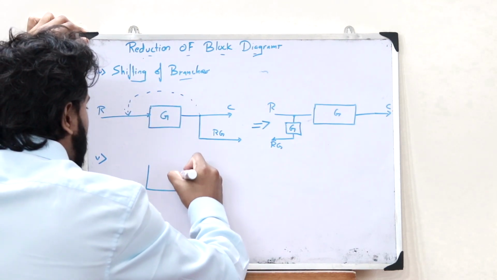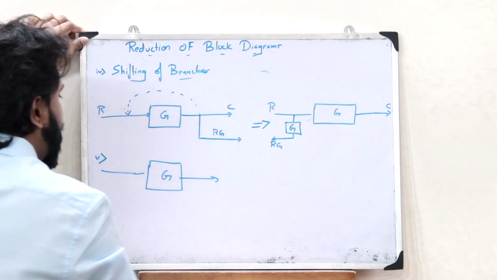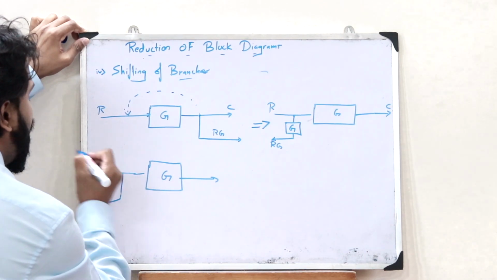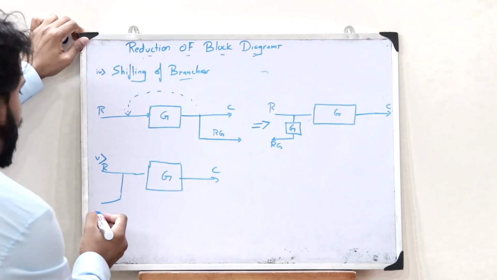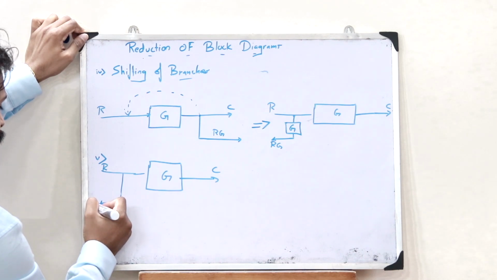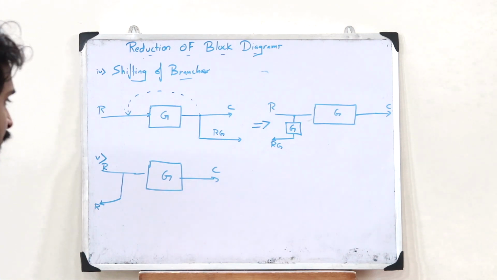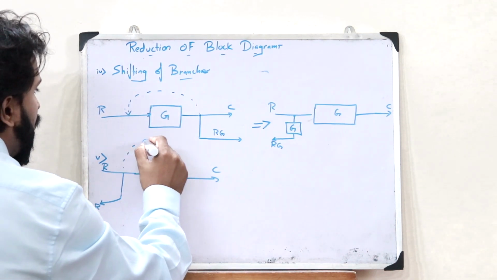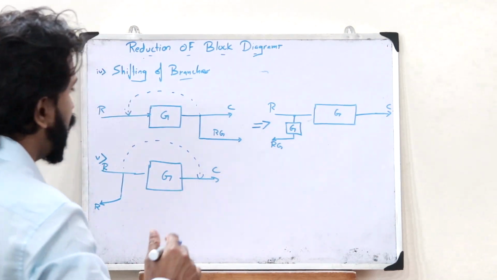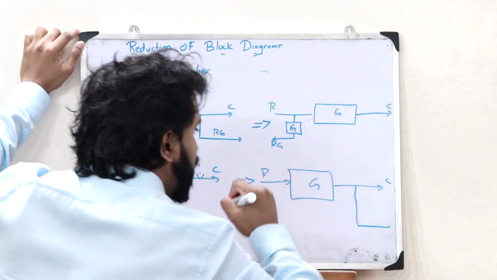So now let us consider a particular block, say having a gain G, like this. And now let us assume that we have a branch over here. If the input is R and the output is C, the output over here is simply this particular input R, because this branch is not passing through G. So now let us assume that we need to shift this branch to over here. So now we are shifting this branch over here.